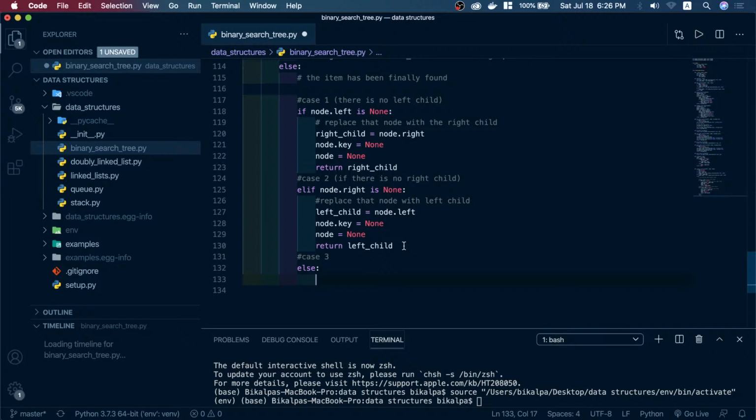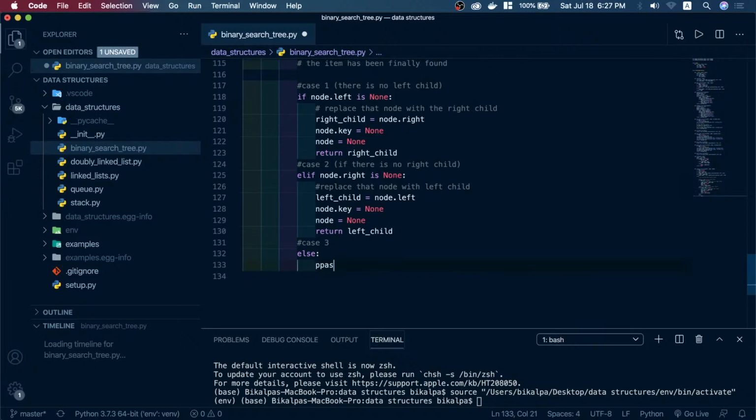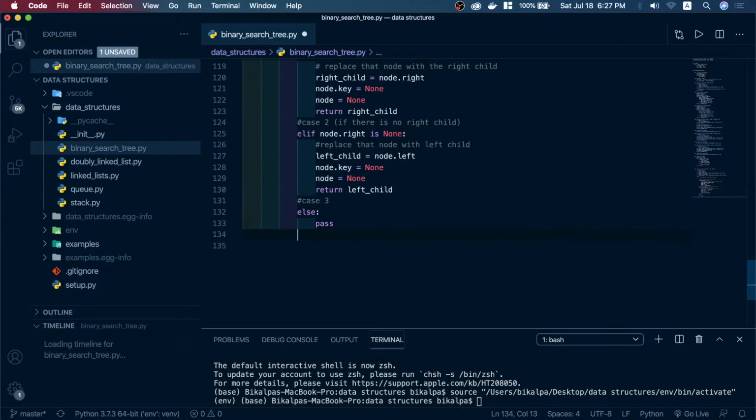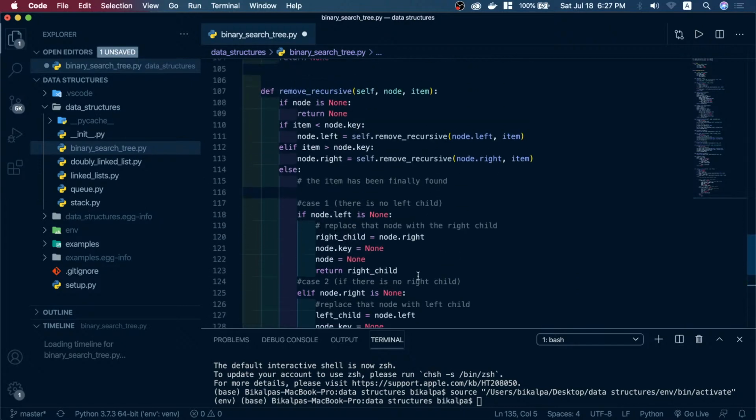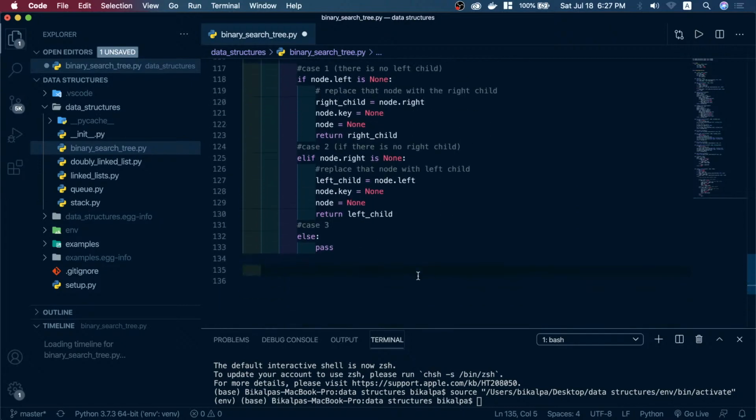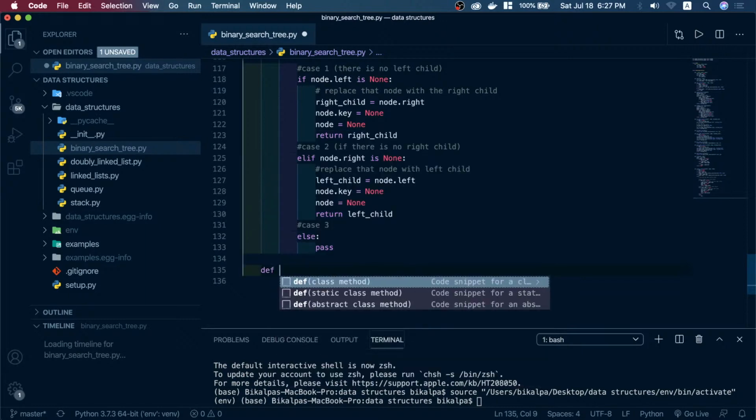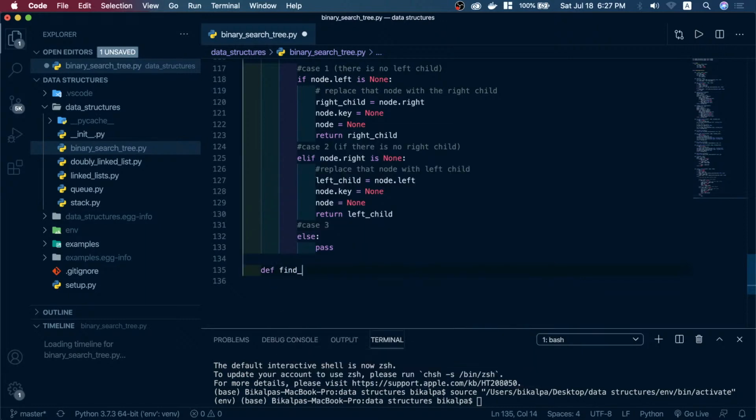So I think I will do something like finding the maximum element in the left subtree. For now I will just say pass. I will come back to it later. First of all, I will write another function to find the maximum element in the left subtree. So let us write finding the maximum element in the left subtree. For that, I am writing a new method, find max in left subtree,